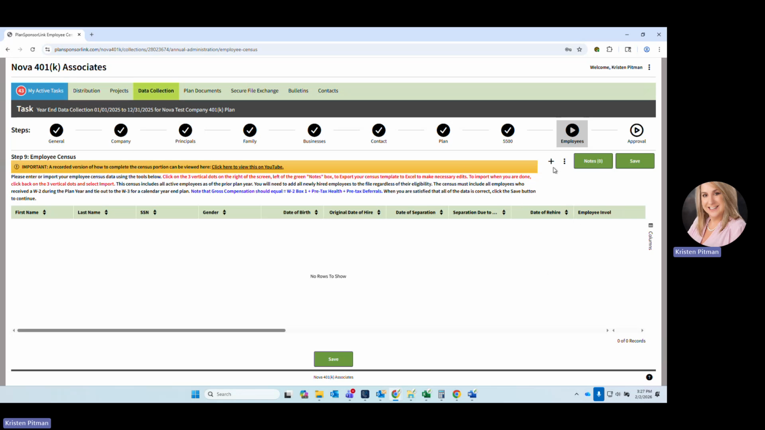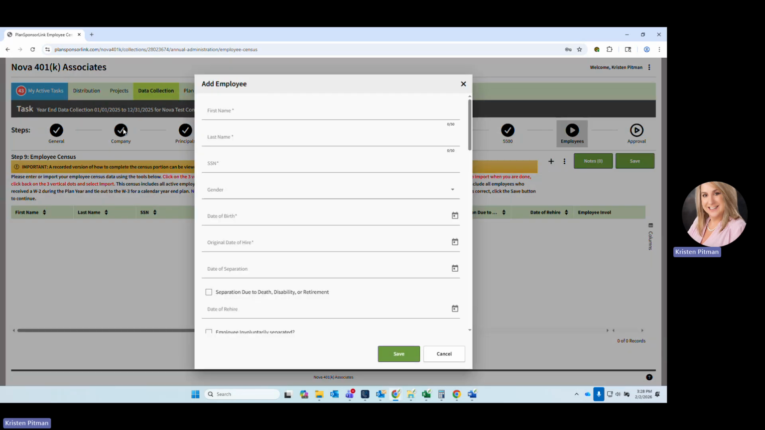But we're going to start like there's nobody entered in here, and we're going to add a person. So if you're an owner, you would add yourself. If you have any W-2 employees at all, whether they're spouse, children, or non-related, you must enter them if they received any W-2 income for 2025. It doesn't matter if they didn't contribute. We still need that information for IRS compliance purposes. I want to click on the plus button. We're just going to do a sample